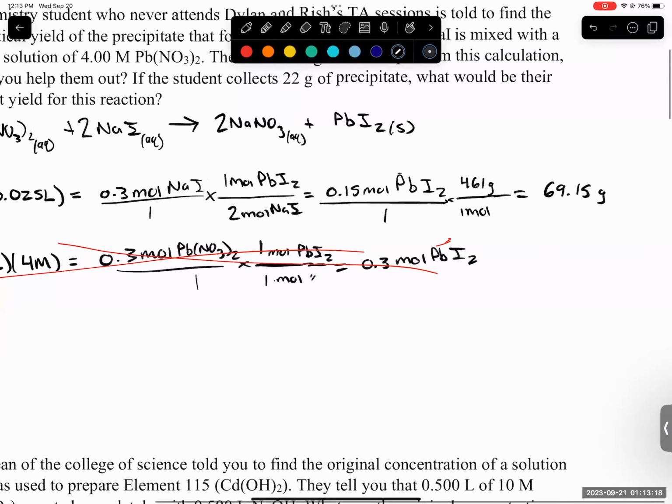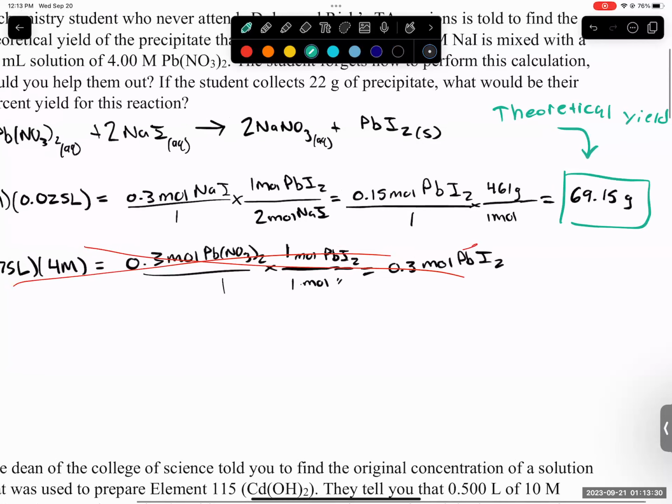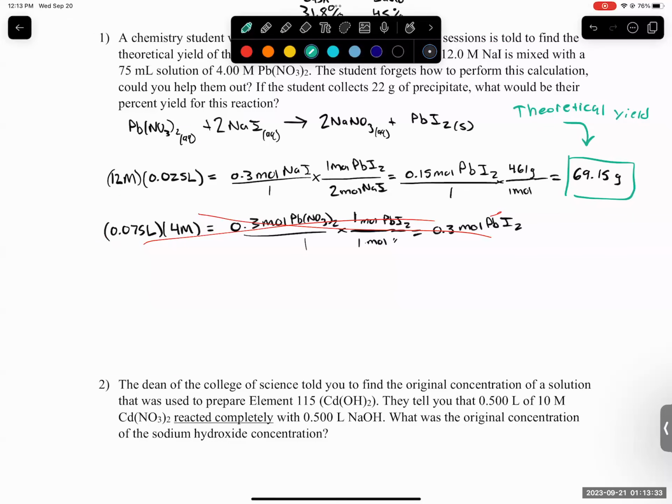So this is not our answer. In green, this is our theoretical yield, which we're gonna come back to and use. But 461 grams of lead iodide. That's lead II iodide, PbI2. That's 461. 461, yeah. So percent yield